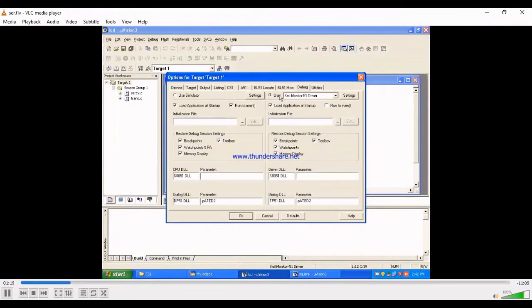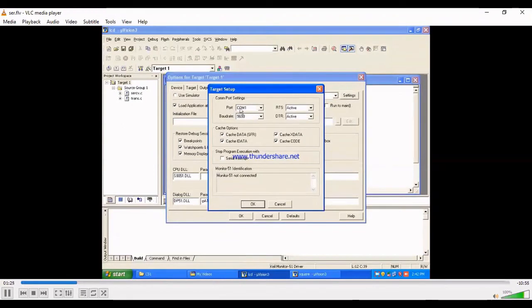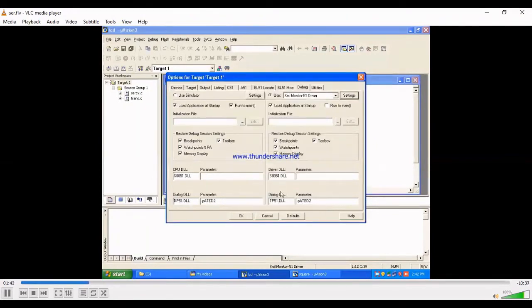Select the Keil Monitor 51 driver. Go to settings, and select COM1 there. There will be a set of COM ports. Select the COM port which you have connected to the PC, which you can check from properties. And then set the baud rate to 9600.